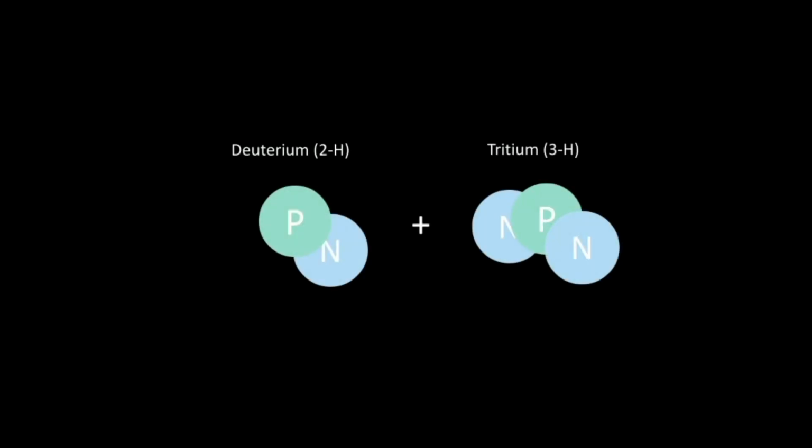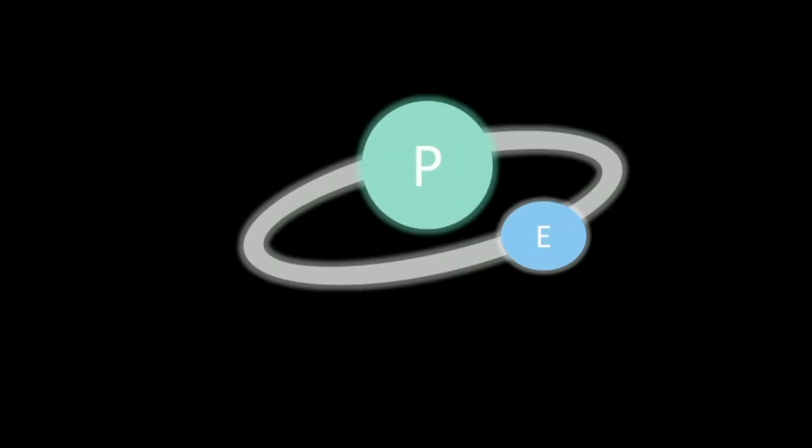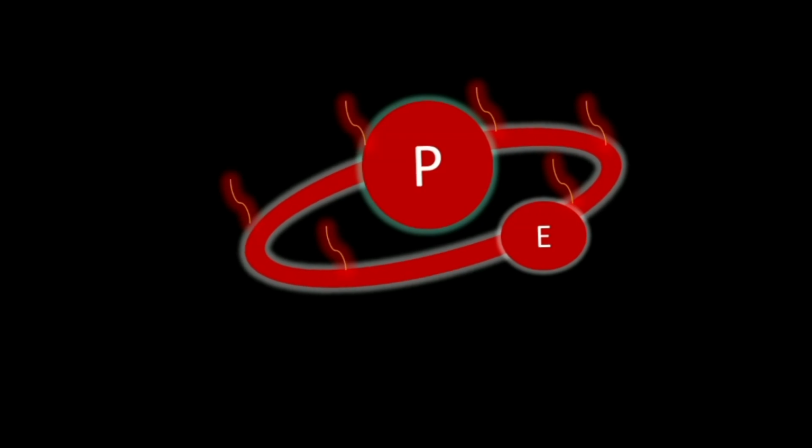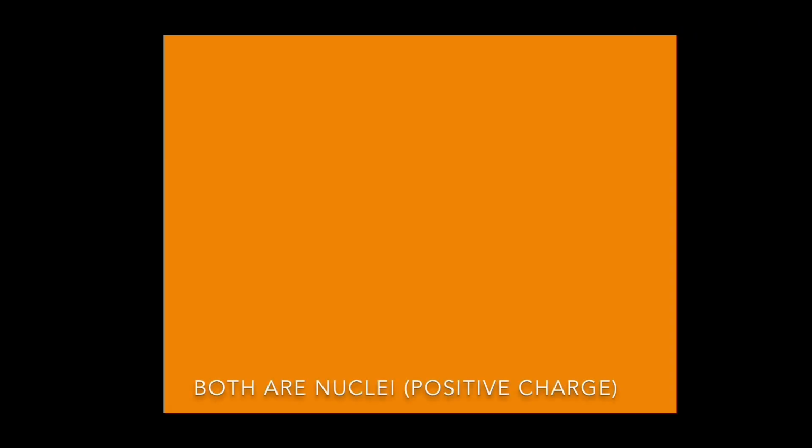There are different types of fusion, but we're going to talk about the fusion between two hydrogen isotopes, deuterium and tritium. Let's start from the beginning. The sun is filled with hydrogen atoms, and those atoms undergo a process, which is what happens when the atom gets so hot that it gets rid of its electron, leaving only its nucleus. This means the sun is filled with nuclei and electrons zipping around, until deuterium is naturally formed and tritium through